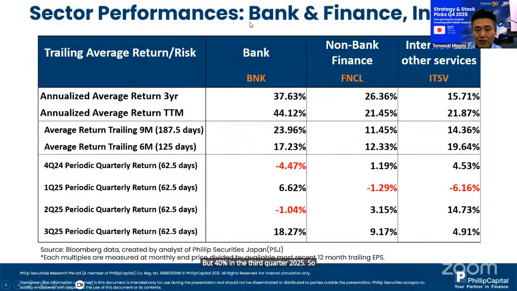So the sector performance: bank, finance and internet. Why I include internet is that some internet services are entering the banking industry, like Rakuten, and we see that the banking sector is performing better than the last 3 years' average returns over the last 12 months. Non-bank finance is in the middle of the industry returns, but it's fair. So the third quarter of 2025 is appreciating because of the